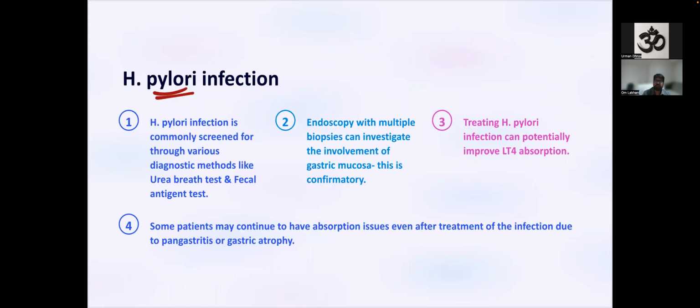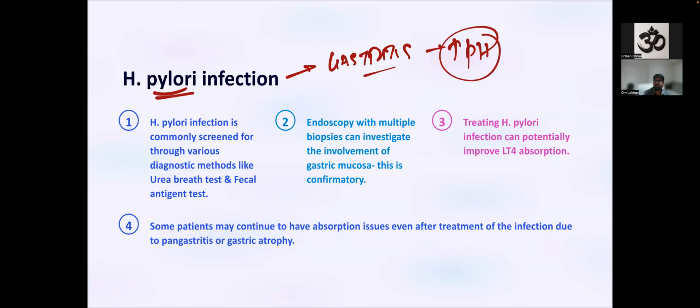H. pylori infection. How does H. pylori infection impact levothyroxine absorption? Remember, H. pylori infection produces gastritis, and this gastritis can increase the pH of the stomach. So the acidic nature of the stomach is gone, and because of that, levothyroxine absorption is impacted. So it's very important to rule out H. pylori infection, and you should consider treating this patient for H. pylori infection. But the problem is patients tend to develop recurrent H. pylori infection,